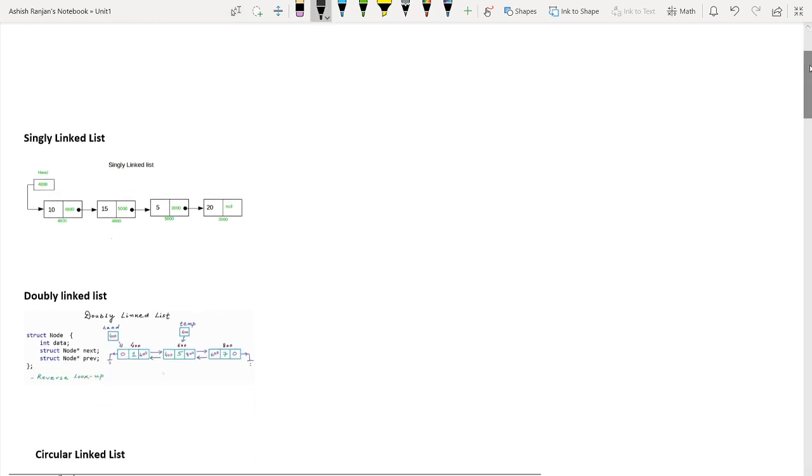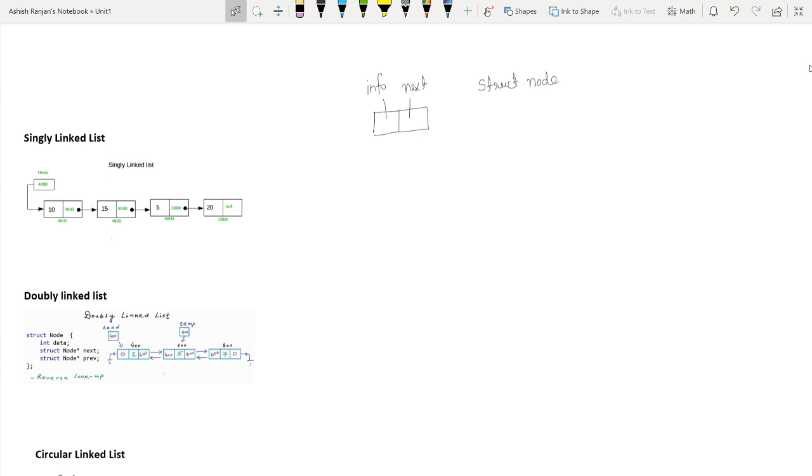So in singly linked list, the structure of a node is something like this. You have a box and the box will contain two blocks. First is the info part and the second is the next part. The declaration of this node will be done with the help of a structure as I have told you previously. struct node { int info; struct node *next; }